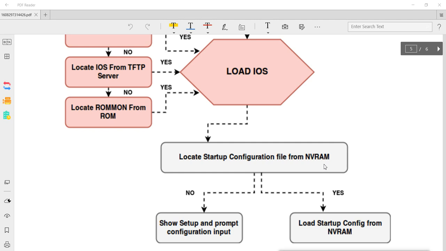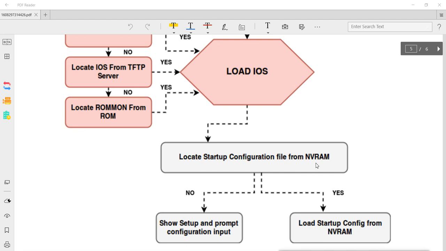Now once we save the configurations, remember our router doesn't shut down. It will not shut down. It will go on running for months and years. So within those months and years, we can make the latest changes. We can make changes lots of times. So basically what we do is we save our main configuration in NVRAM. That is what we require every time.